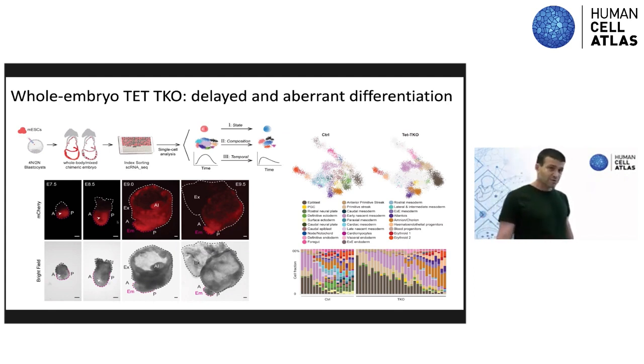So the first of those is a whole embryo mutant where you replace only the embryonic mass, not the extra embryonic mass, with mutants, and you compare it to controls. This is the kind of scheme you are running here. And when you replace triple knockout TET cells and generate embryos that have a normal extra embryonic but a completely mutated embryonic part, you see major effects that you can project on your manifold and